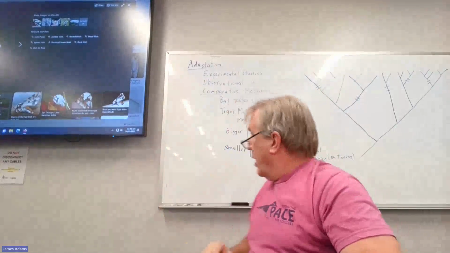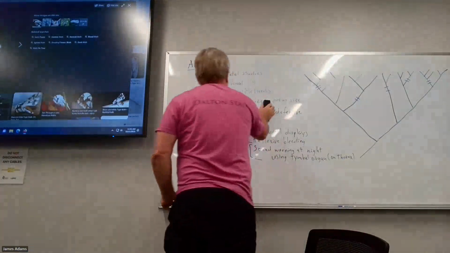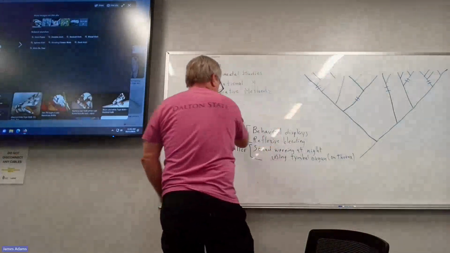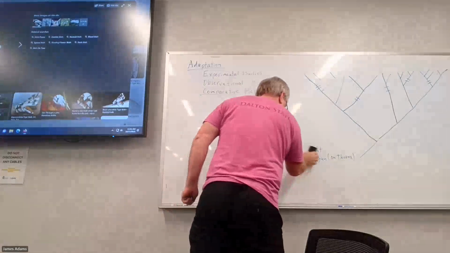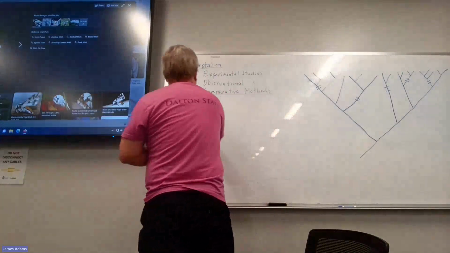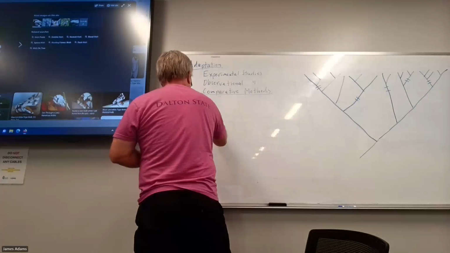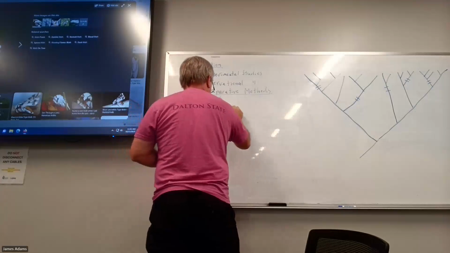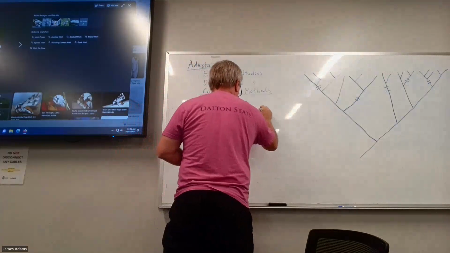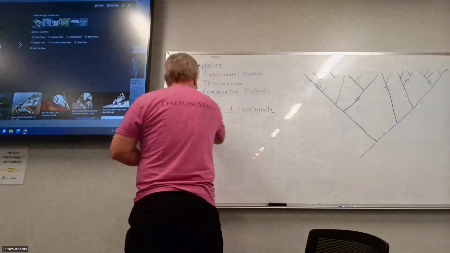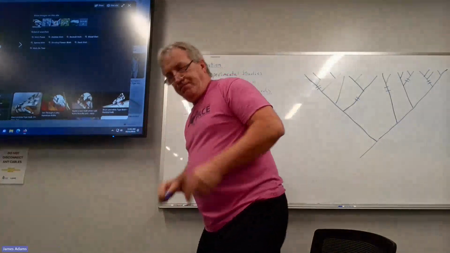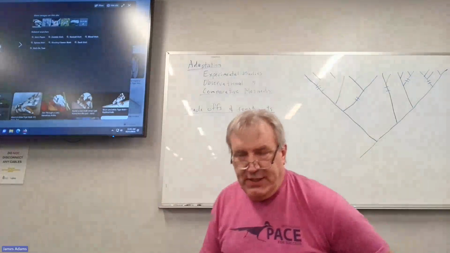Now, I have another example of something to discuss with you, but I'd like to go out of order just a little bit, because the next thing I'd like to talk about is trade-offs and constraints. Now, what the heck do I mean when I say trade-offs and constraints? Well, as you will find out, I can mean this at different levels,